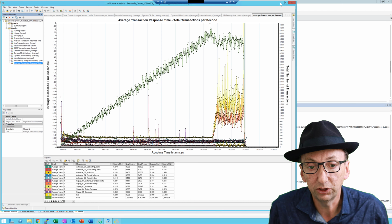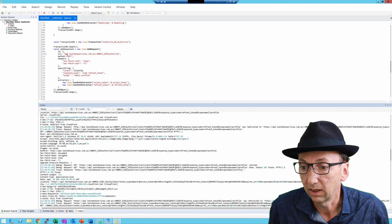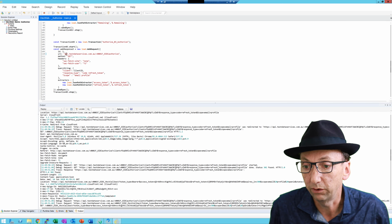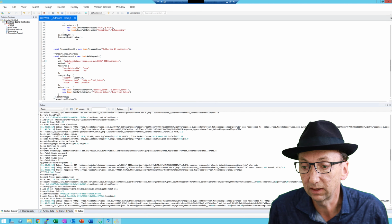Now, there were two issues, as it turns out, in the test. One was in the script, which I reviewed. If you go back and look at the artifact review video, I think it's video 3, you'll see that when I reviewed it, this was the code for doing an authorize. Now, what's the difference between this and this? I forgot to put HTTPS. When I forget to put HTTPS in here,